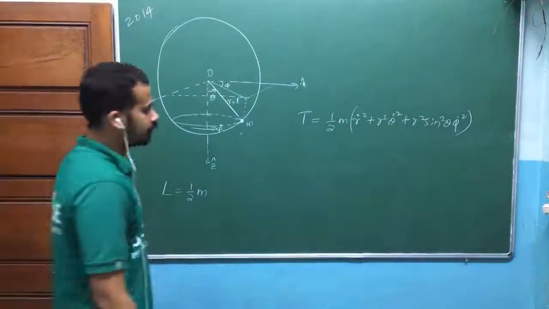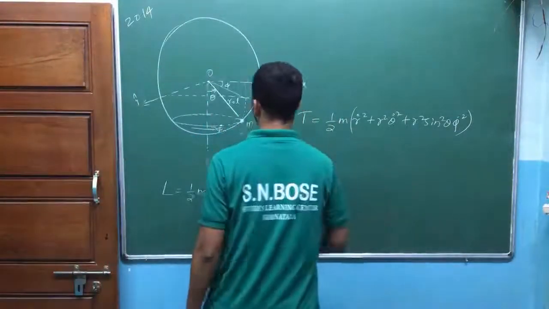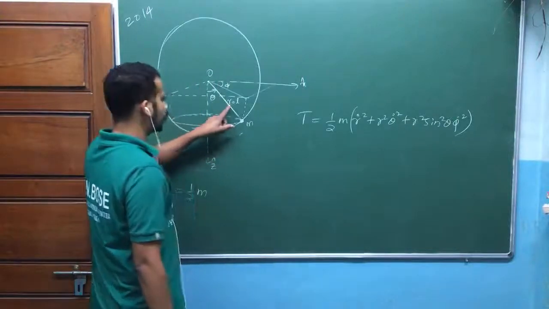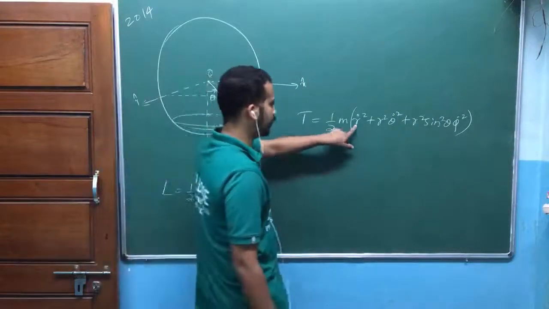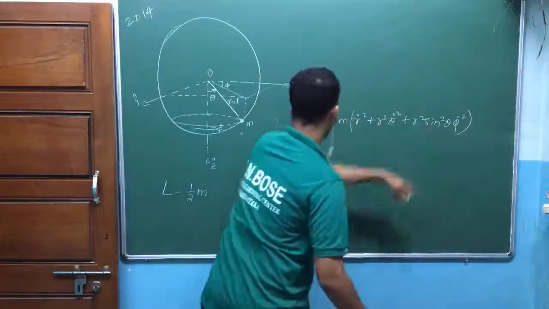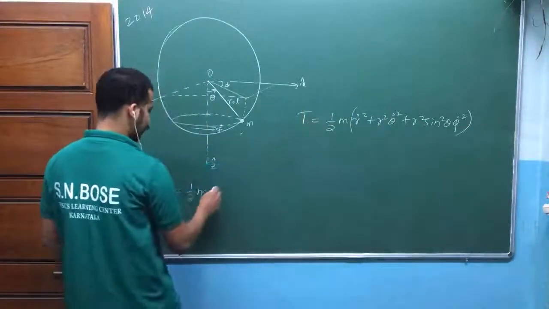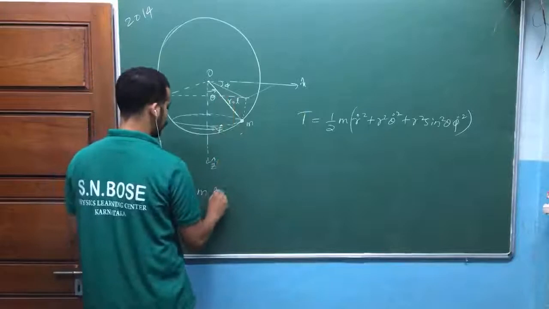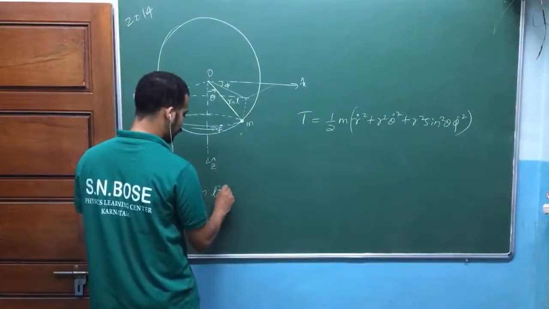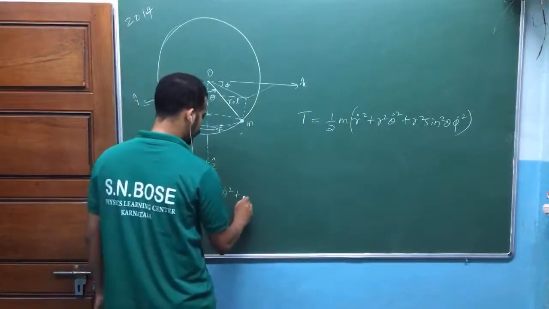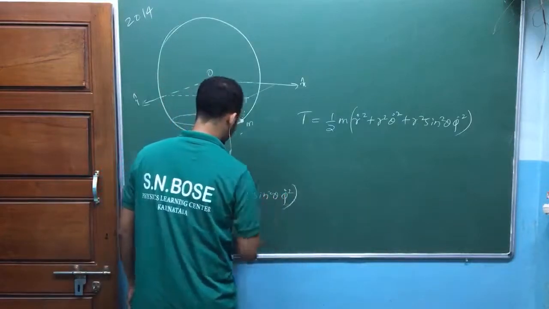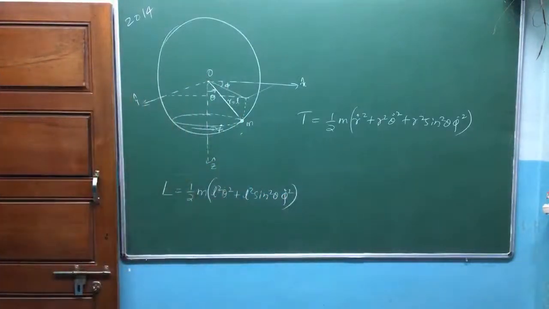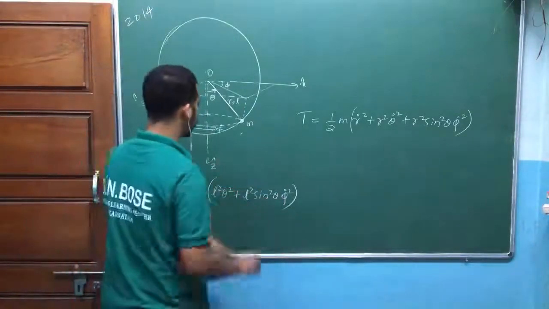Isn't it? Now look here. Again, if you go for that polar coordinate, r dot is equal to 0, because the distance from the origin is constant. This part is 0. I need to write only this part. That's why I can write directly that r is nothing but L here: half m times L square theta dot square plus L square sine square theta phi dot square. This is the kinetic energy part.